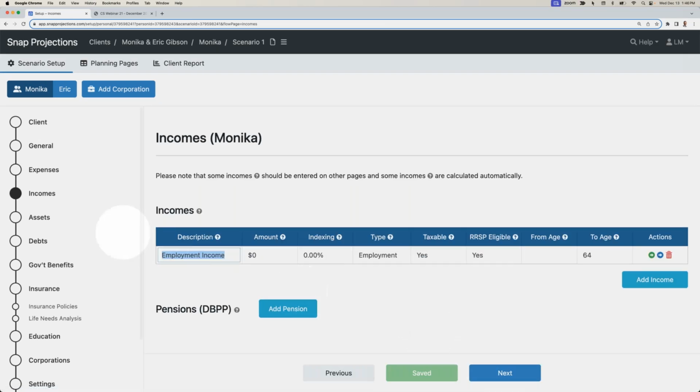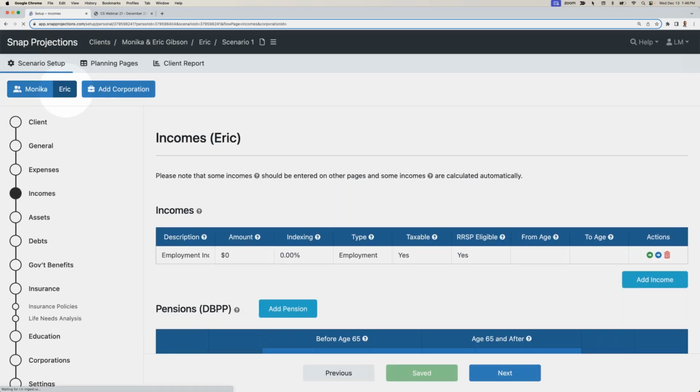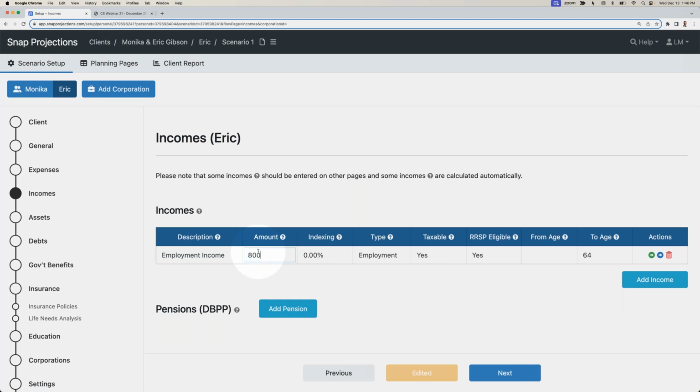I'll click next and go to incomes. So I can enter in the employment income for Monica, who's currently earning 90,000. We'll clear that and index that for inflation. And I have two options when I'm creating a plan for a couple. I can either continue to click next and go down through all of these pages for the first individual, for Monica, or I can toggle back and forth between the individuals on each page. So now I can click Eric, enter in his employment income,